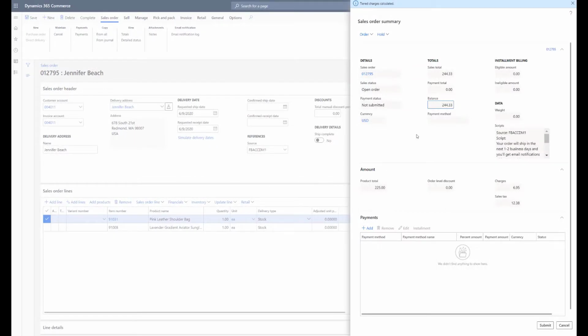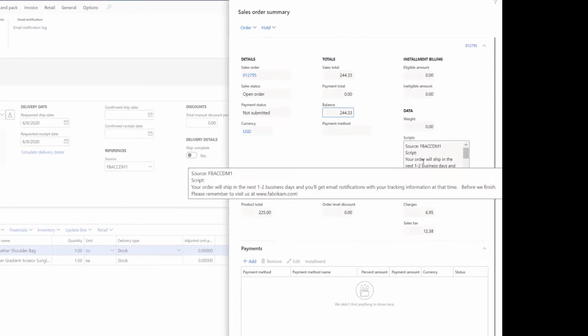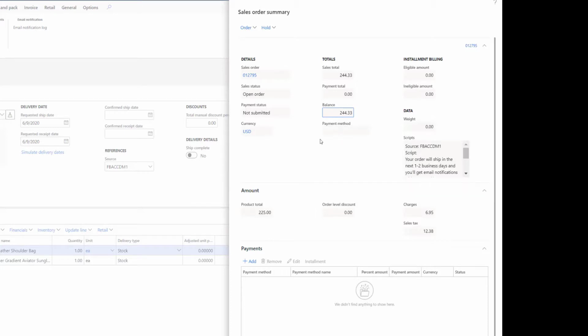I'm taken to the sales order summary, where I can optionally see another script that I can read back to the customer. This is also a source code specific script. I can also see the full total that Jennifer owes, $244.33. Jennifer wants to pay with a credit card, so I'm going to click Add under the Payments area, choose the credit card type,